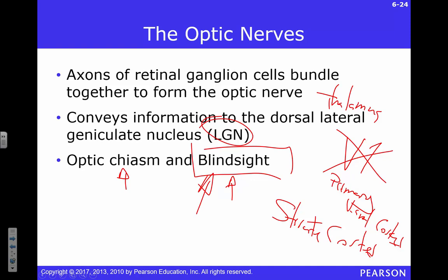And there are actually YouTube videos of these folks. You can see them walking down the hall, moving around things. And you'll even ask them, hey, why did you do that? Like, well, I have no idea. I just felt like I needed to step over to the left a little bit just now, because they're not consciously aware of anything. But sort of subconsciously they're dodging and moving. It's pretty cool. Later we'll talk about an emotional component of this.